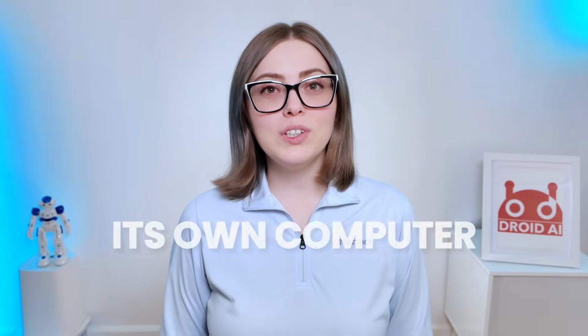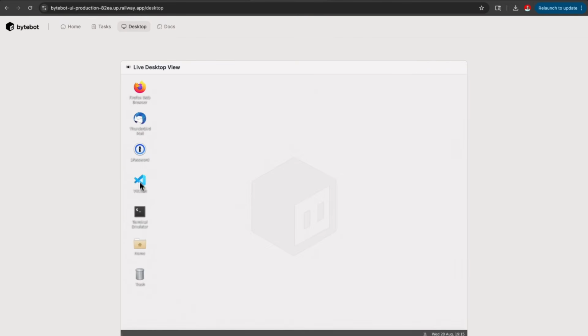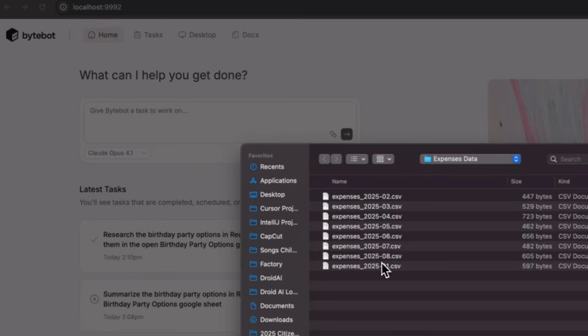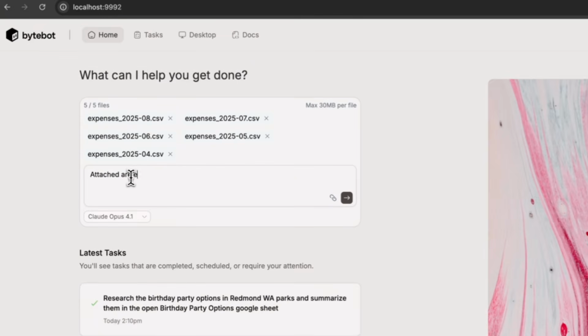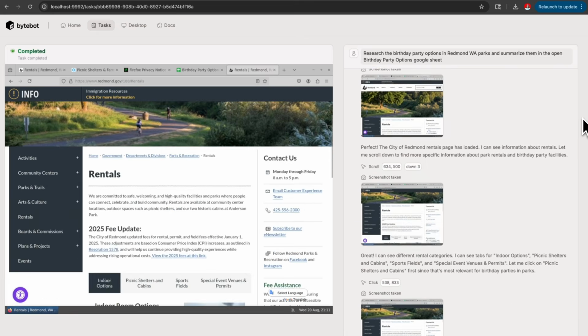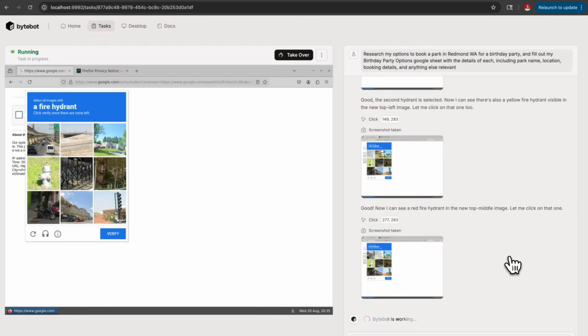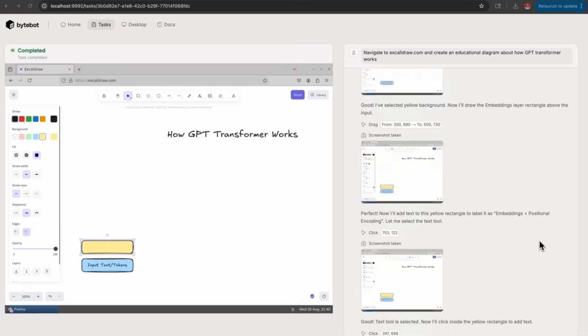It spins up its own computer to complete tasks. It isn't a chatbot. It isn't just a simple browser agent. It's an end-to-end AI agent that has its own Linux desktop. I can give it instructions, upload my files, and it opens apps, it uses terminal, the browser, it runs VS Code, handles two-factor authentication, completes captcha puzzles, handles broken selectors, drags files between apps, draws diagrams, and I still have